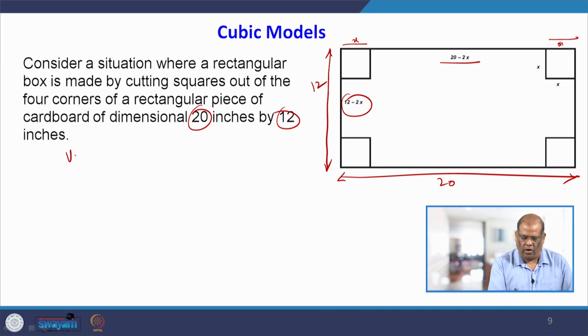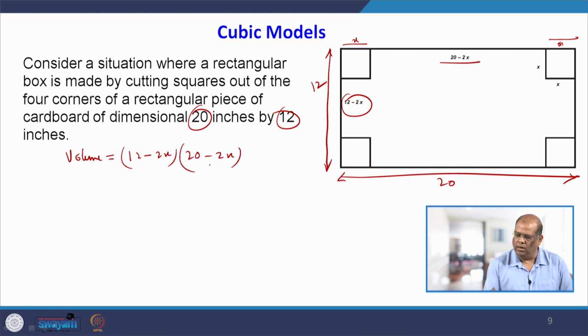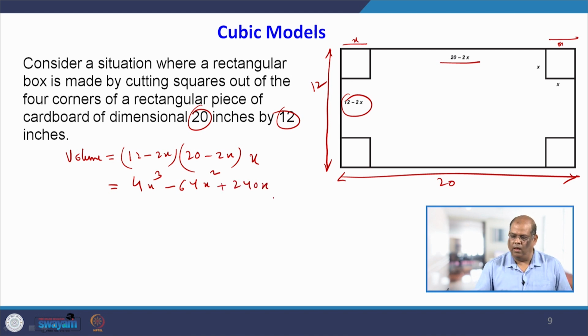So, your volume is 12 minus 2x multiplied by 20 minus 2x and the height, which is x. So, if you simplify this, it is going to be 4x cube minus 64x square plus 240x. Now, if you put x equal to 2, I can calculate that this value is going to be